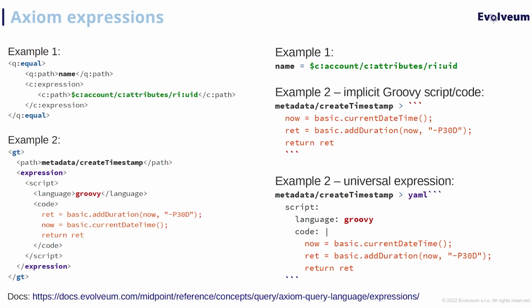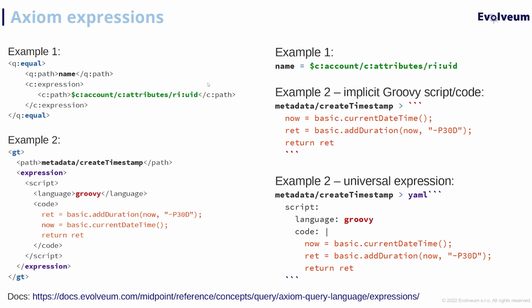Another important addition in 4.5 was Axiom. Axiom was added in 4.3, and in 4.4 it was partially supported, but the option to also evaluate expressions inside Axiom query language was one of the last pieces missing to make it fully supported. So in 4.5 Axiom is considered fully supported, and just to demonstrate how much shorter and clearer it is to